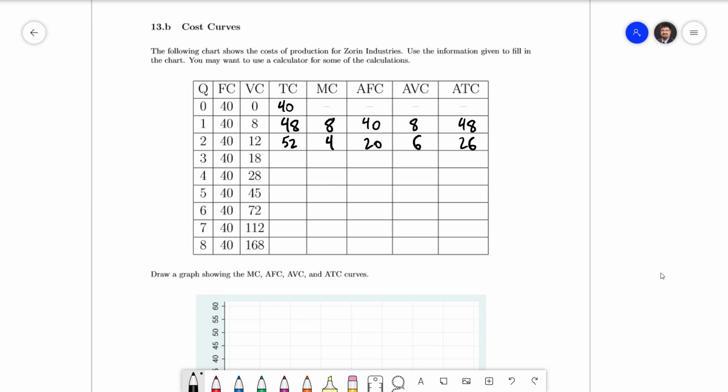For quantity of 3, we add up 40 and 18 for the total cost to get 58. Total cost is changing from 52 to 58, so we have a marginal cost of 6. Average fixed cost, 40 divided by 3, which is approximately 13.33. Variable cost is now 18, so AVC is 18 over 3, which is 6. Average total cost, add those up to get 19.33. Filling out the rest of this table works exactly the same as the ones that I've done so far,